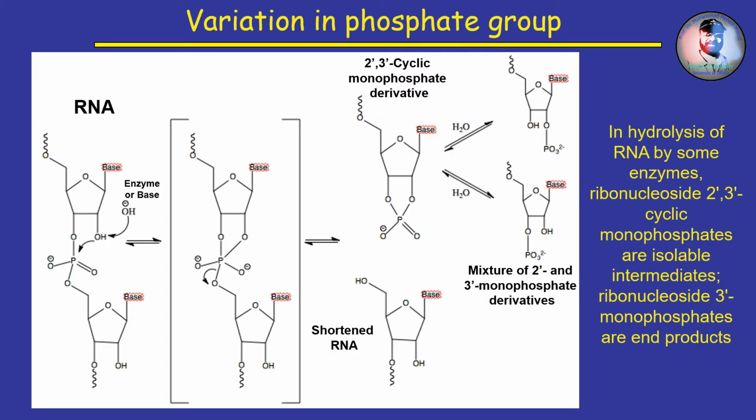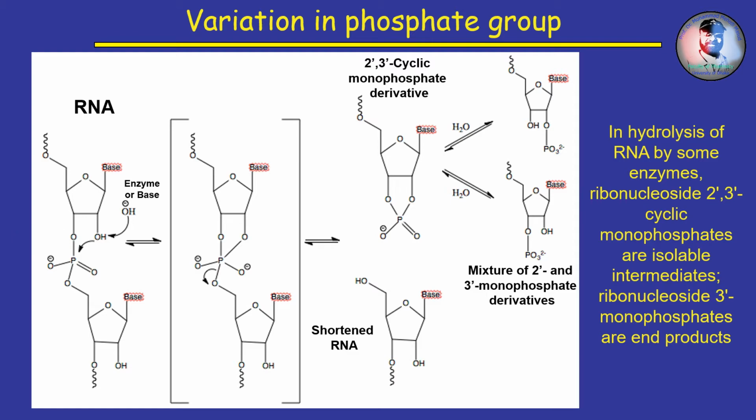Nucleotide monomers can be linked together via a phosphodiester linkage formed between the 3' hydroxyl group of a nucleotide and the phosphate of the next nucleotide, for both DNA and RNA. Later I will discuss in detail how a nucleotide joins with another nucleotide to form a nucleic acid chain.